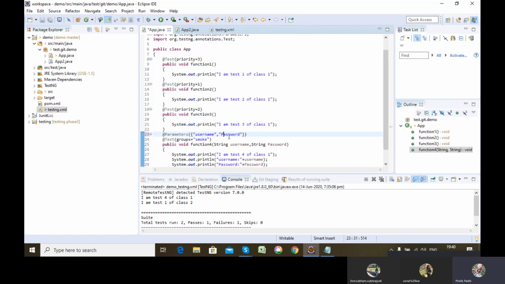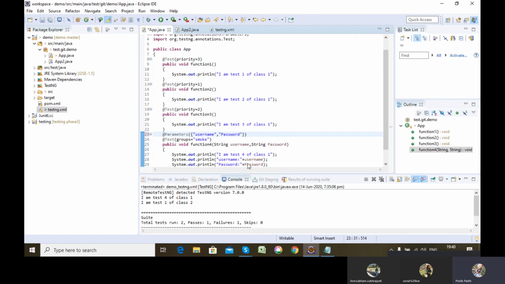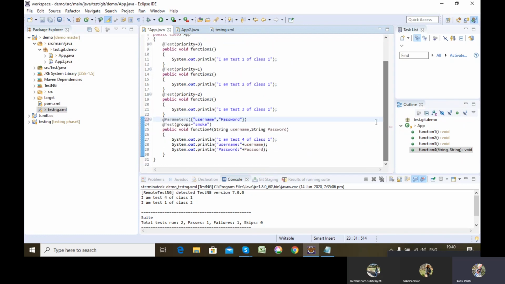That means username and password. This username and password will be storing admin and manager as their respective values, which can be used in my @test class. Okay.